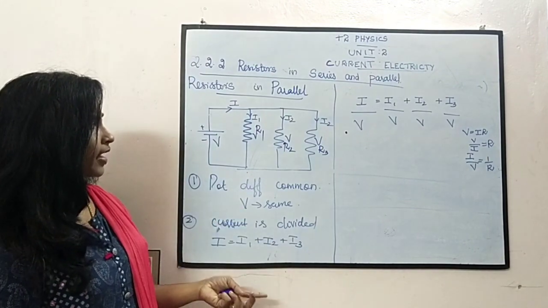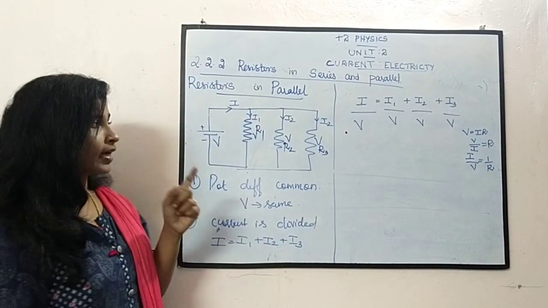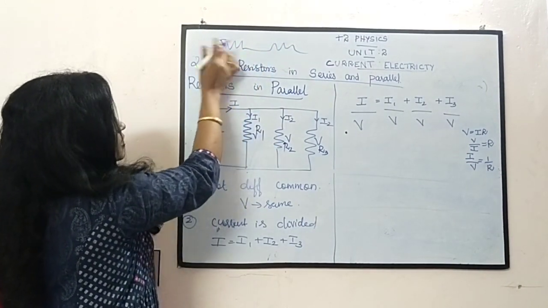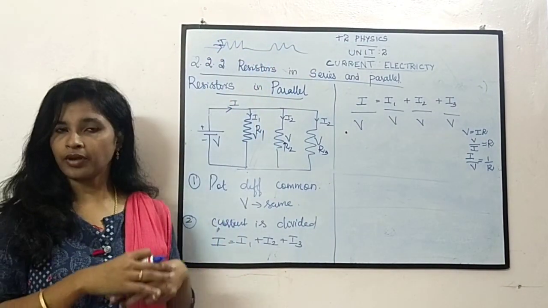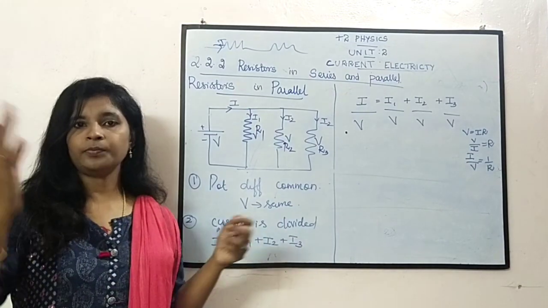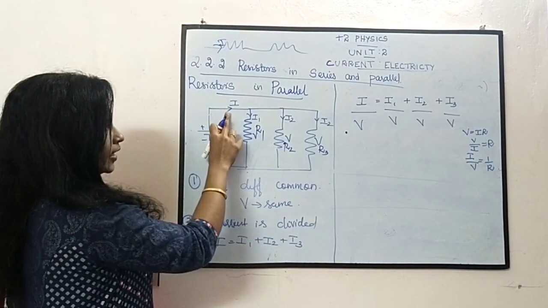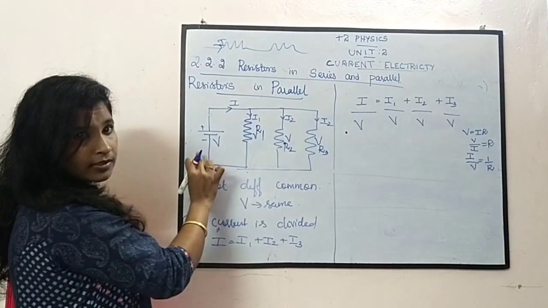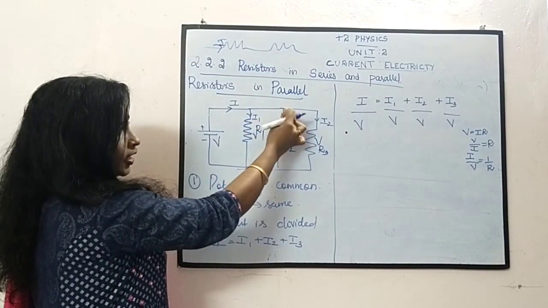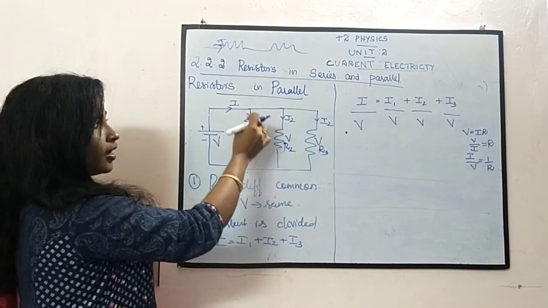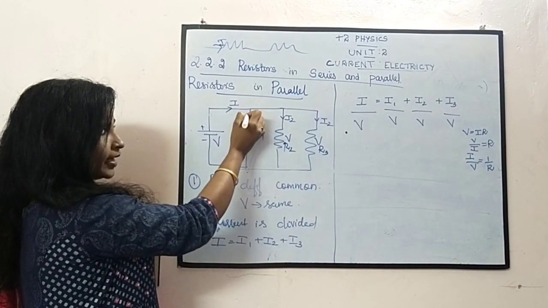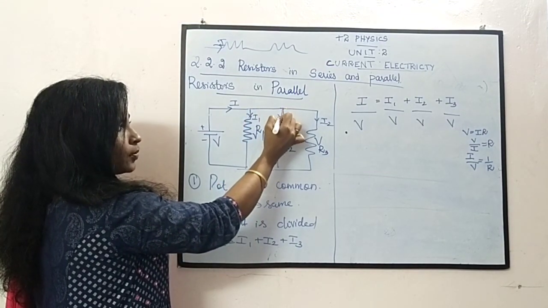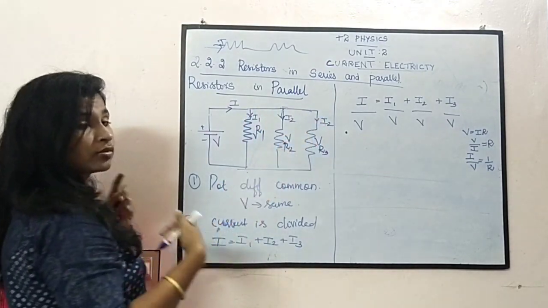What about my next factor? It is current. In series connection, when the current is going here, it does not have any other way, right? There is only one way, so the same current passes. When you see here, when the current comes here, it finds another way. There is one more way. So when it comes to this point, it is I1, there is one way. Then it comes here again, and here there is one way, and here another way. So three ways are there.